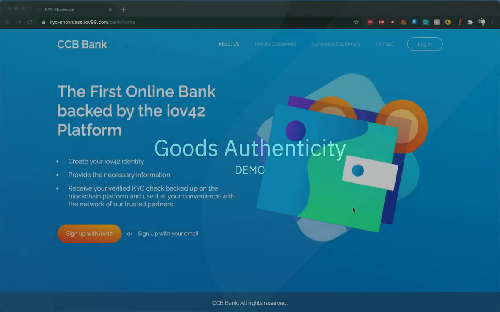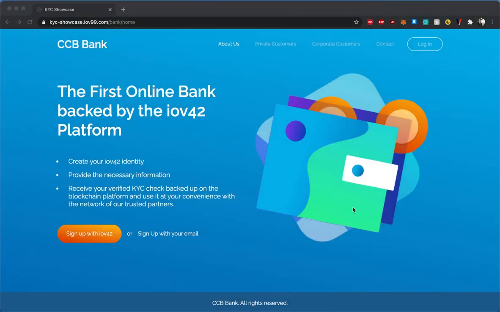In this demonstration, I will show you how one IOV identity can be used to authenticate across different applications. For this, we have prepared a bank application and a telecom provider application. We will show how a customer can onboard on the bank side and then wants to try to sign up with the telecom provider. But the telecom provider will reject the application because the customer has not been approved by